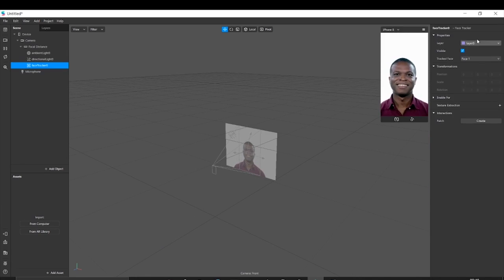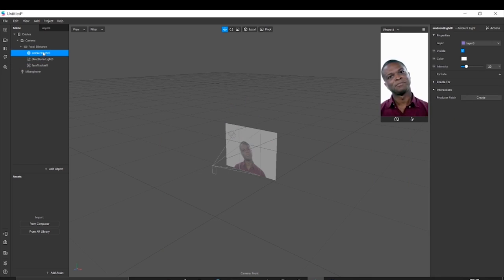This is an inspector. Whenever you click on an object here, it will show all its properties, everything about the object, and you can change the values and properties from here. Then you have an assets window here. It helps you import assets from your computer.